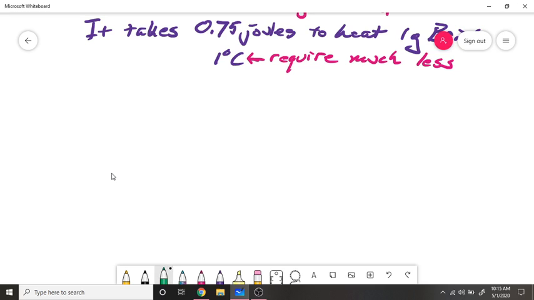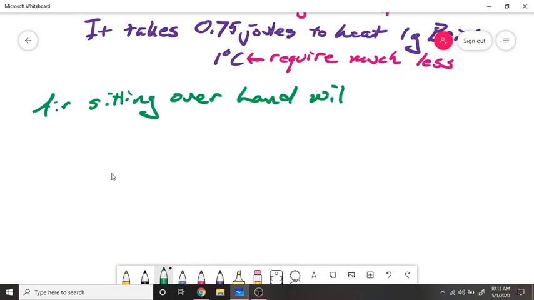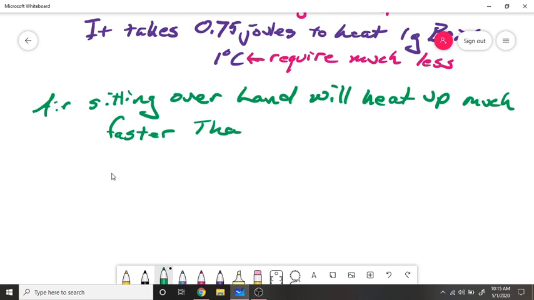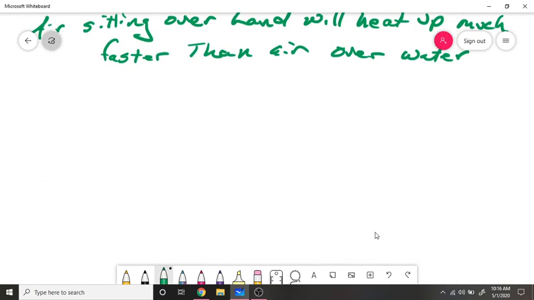What does this mean for heat transfer? It basically means that air that sits over land will heat up much faster than air over water. And what happens when that happens? Well,